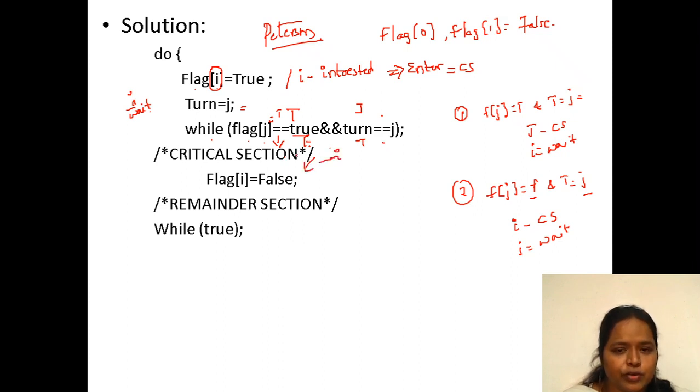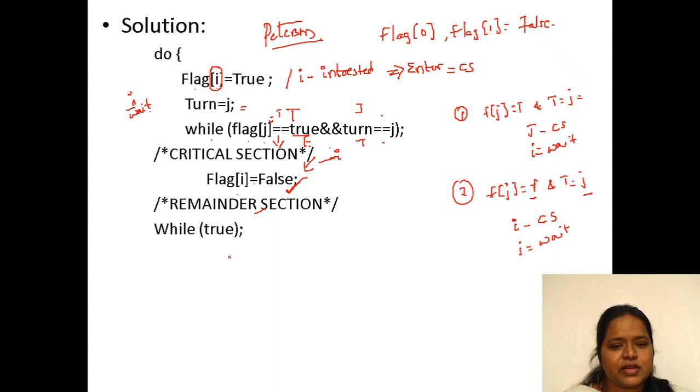It is going to do the task. After completing the task, flag of i is going to be false, because it has done everything. Flag of i equal to false means it is giving a chance to process j now.